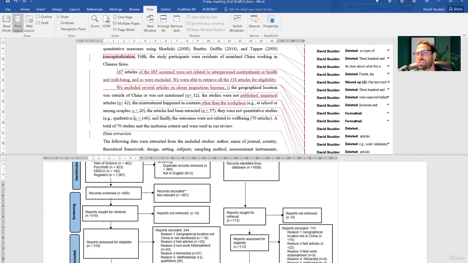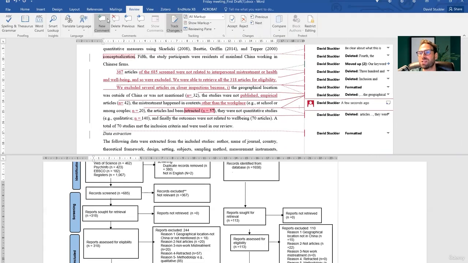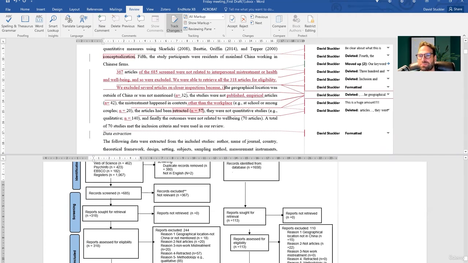Check that. Just check that. I mean, this needs a comment because this is a huge amount. It's usually an article getting retracted is a relatively rare event. It should be a relatively rare event, but this is at this stage a big chunk of your sample. So do have a look at that.